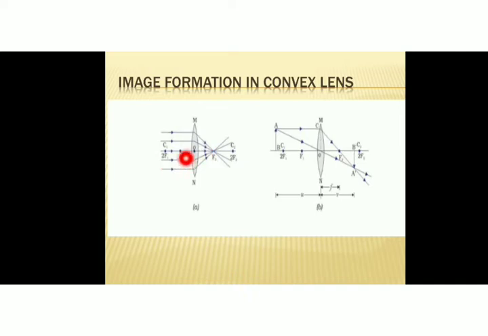So whenever you see a parallel ray, you can infer that these rays are coming from a distant object. And this ray is a parallel ray. That ray should pass through focus. This ray is also parallel ray. So after refraction, as per the rule, first rule, it should pass through focus. This is also parallel ray. After refraction, it should pass through focus. This is also a parallel ray. After refraction, it should pass through focus. So this is the ray diagram for the first case.